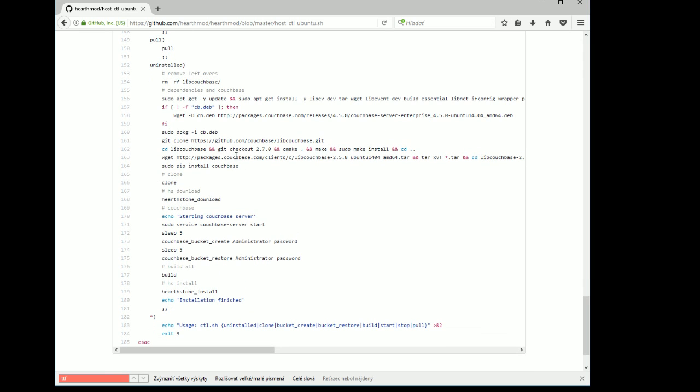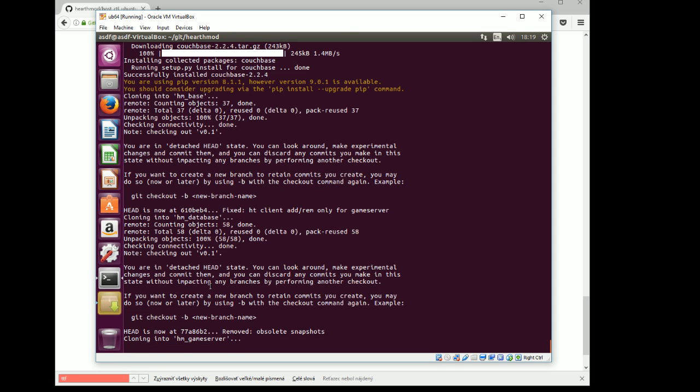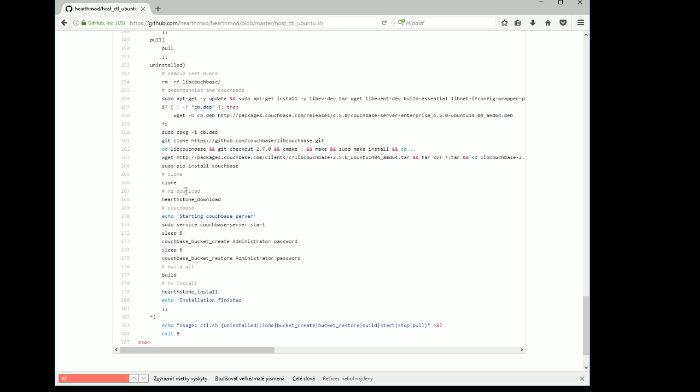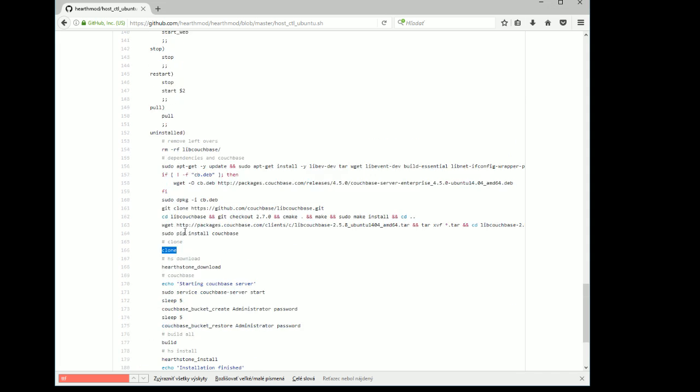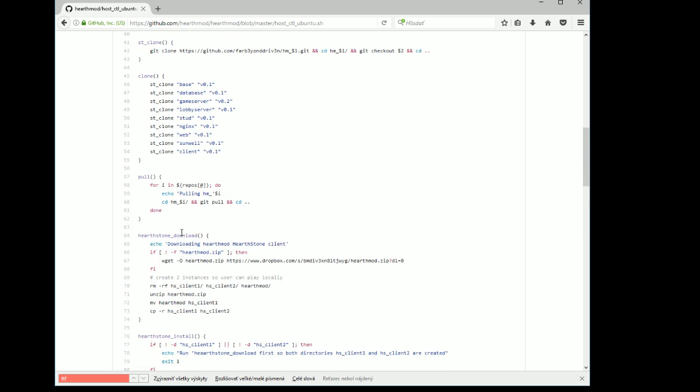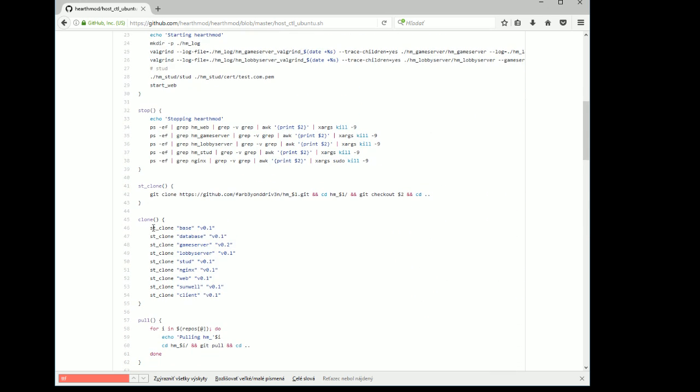What next? What's next here? Okay, and we have just downloaded and installed this, and we entered into cloning the entire hard mode stack. As you can see, HMWeb, HMStud, clone is explained or defined here. So what it basically does is clone every single repository that is needed, starting with the base library,